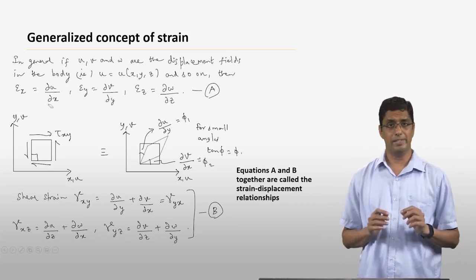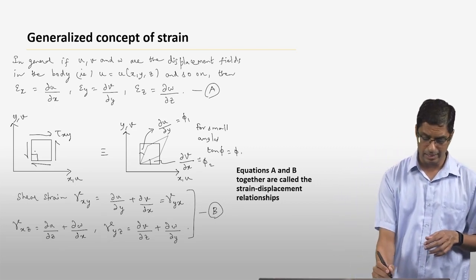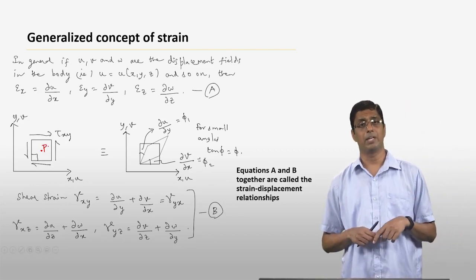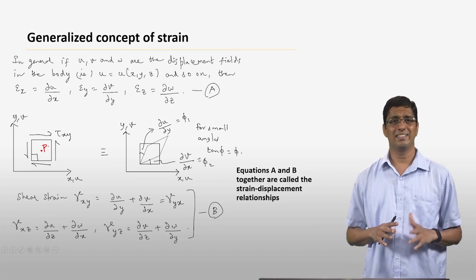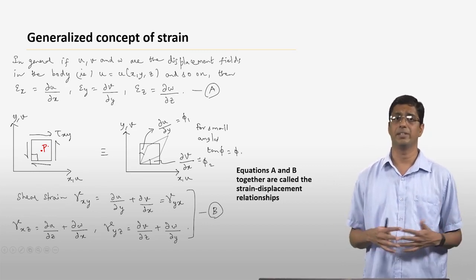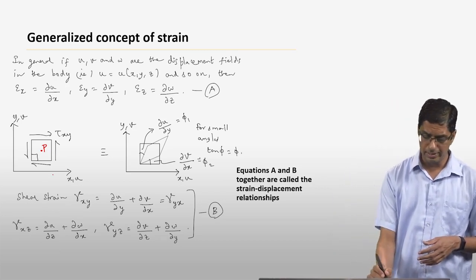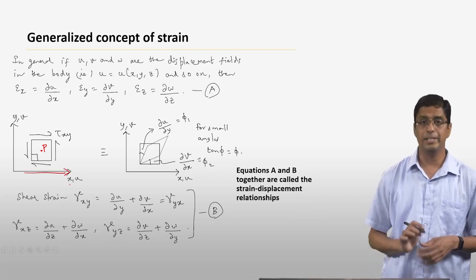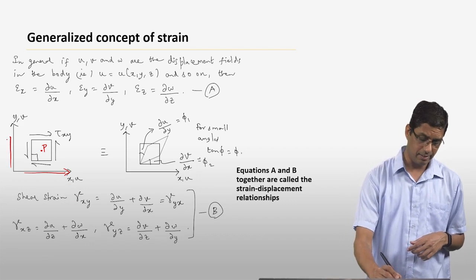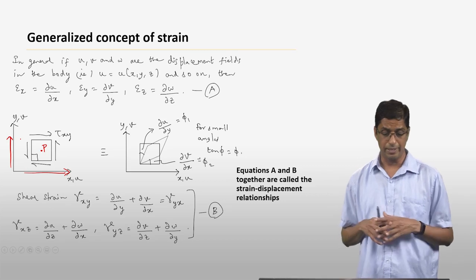For shear strains, we have to consider a slightly different case. Suppose you have the same element. Let's call this point P, with an element defined around that point, and let's say in this case we are only applying shear stresses. So we are only going to have shear deformation, not normal strains. If you think of this axis as the x axis, along which u is the displacement, and the perpendicular axis as the y axis, along which v is the displacement in the y direction,